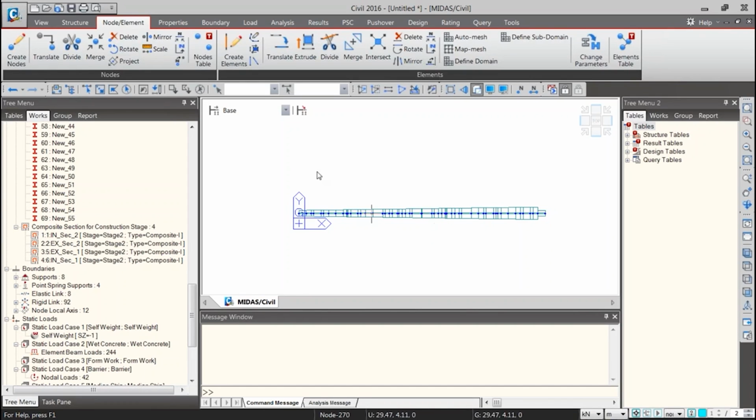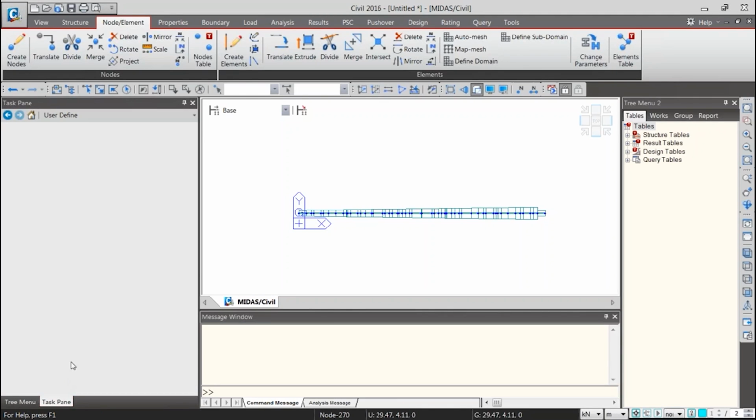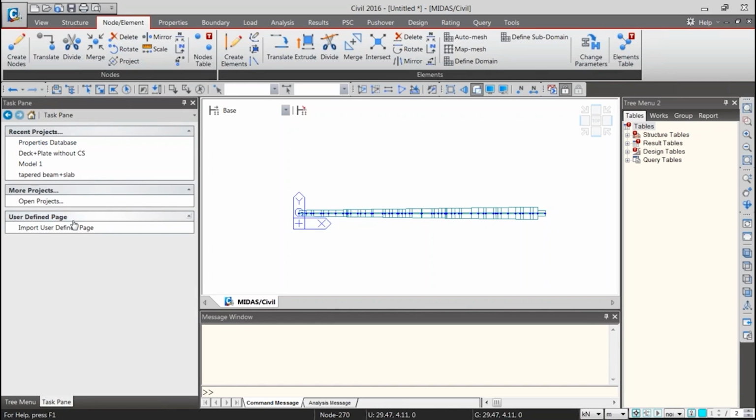I will now show you the functionality of Midas Civil, which is the use of task pane. You can get the task pane right beside the tree menu here, if you can see. Once you click on task pane, you go to task pane from here.